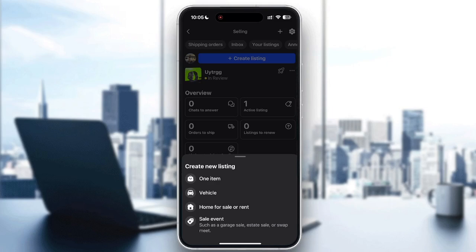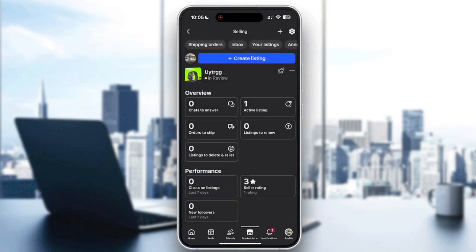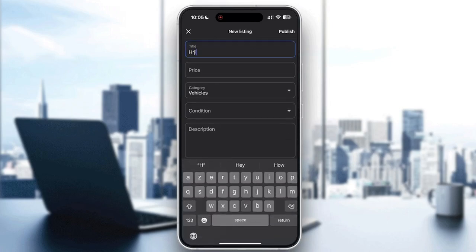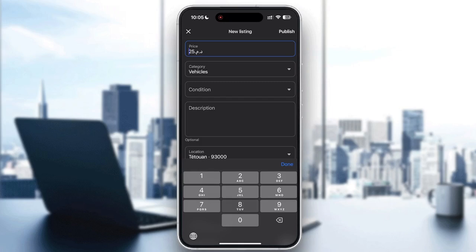So now, in order to put some keywords or tags, you have to have at least one listing. Okay, so let's do a listing here. Okay, for example,